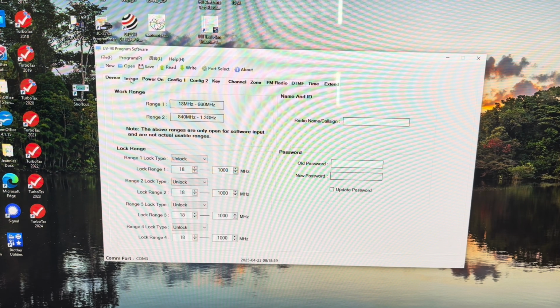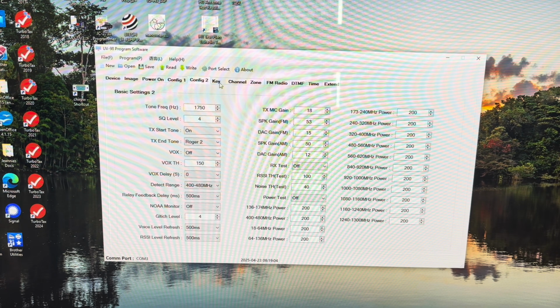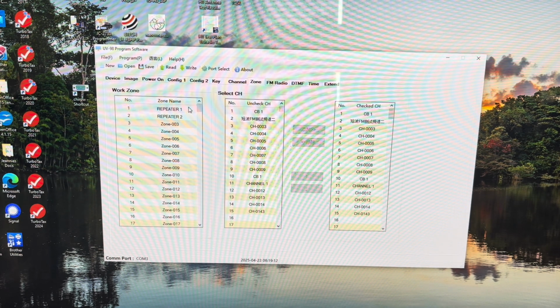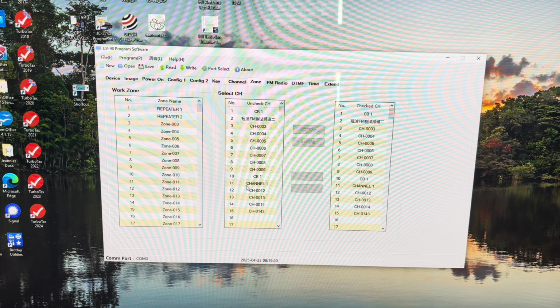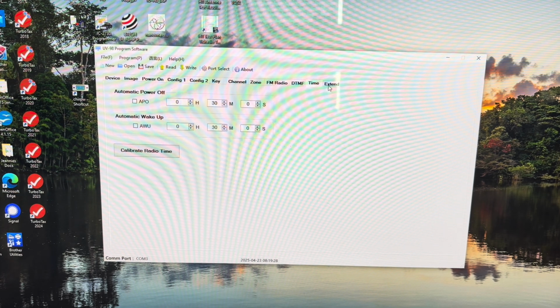So now you can go through and take a look at all the different configs that came stock in the radio. Set of channels, not sure what all those channels are, but they won't apply to me. As you can see, I did try to put in a couple of repeater zones before I got the programming cable and tried to do a couple of things with it, but I wasn't very successful. Here we go. Okay, so